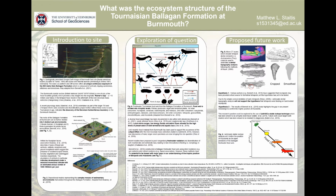So big evolutionary questions being posed at this Scottish fossil site, which is really cool. The main question I'm going for, that's just the background, was the ecosystem structure. Bennett and others in 2018 constructed this lovely figure in the centre there of the Ballagan freshwater food web. And as you can see, it's divided into 4 distinct trophic